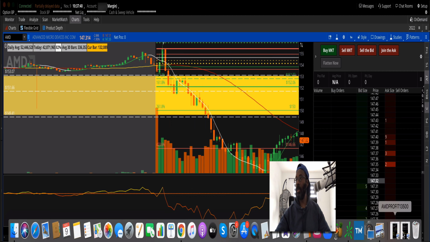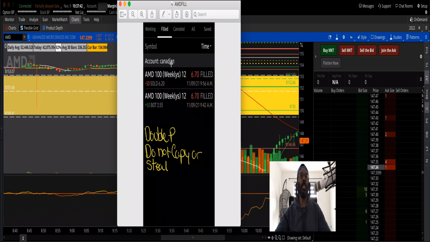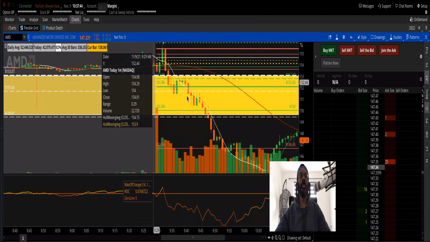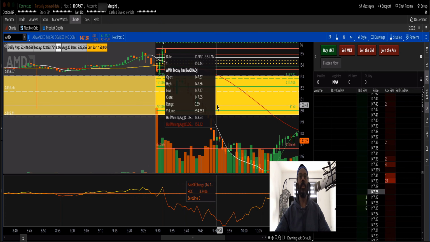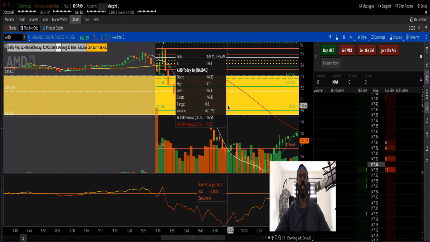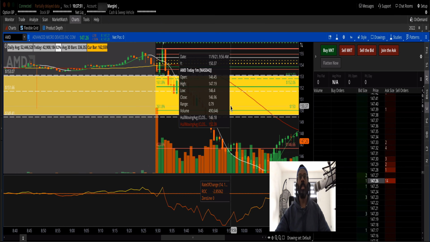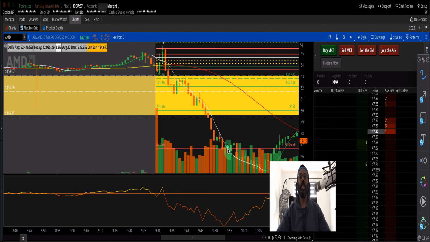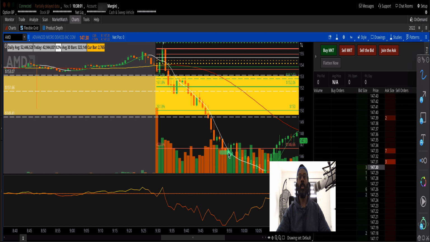Let me see. Let me come over here. 956. So 956, we're out. So let's see 956. Right there. See this inverted hammer with buying pressure? After we crushed the lows, that's when I got out. Right in that candle right there, right? And then you see what happens after that. It dropped again. I could have stayed in the trade.